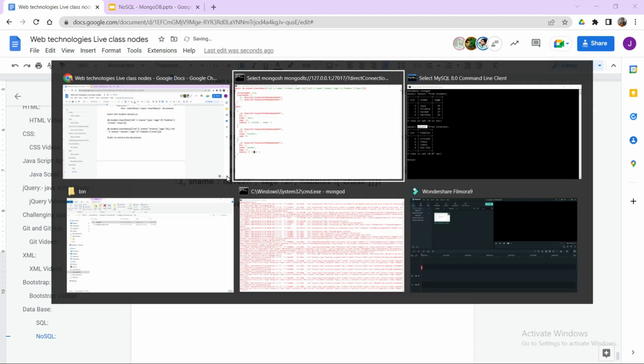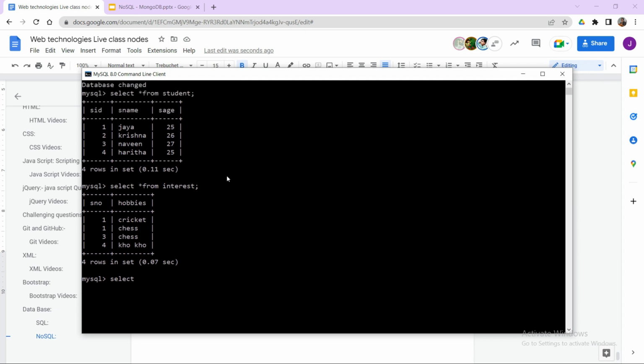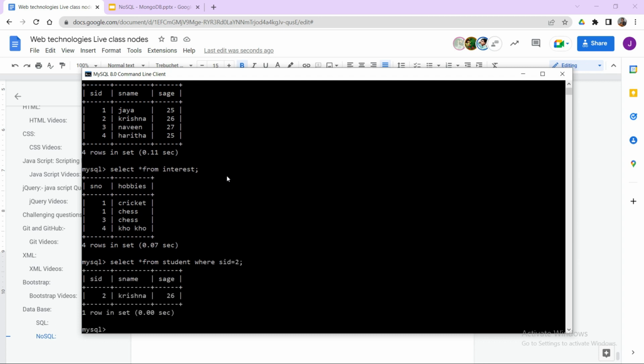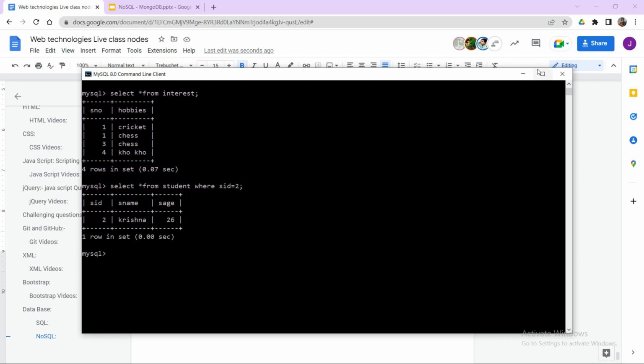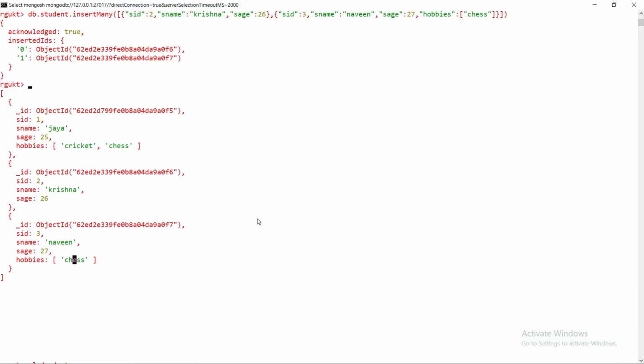Guys, you may get a certain kind of doubt, right? Sir, can we get by condition? Yes, we can. For example, in SQL, if you would like to get some data based upon a certain condition, like select star from student where SID equal to 2, yes, we can write like this, right? The same thing you can get in MongoDB